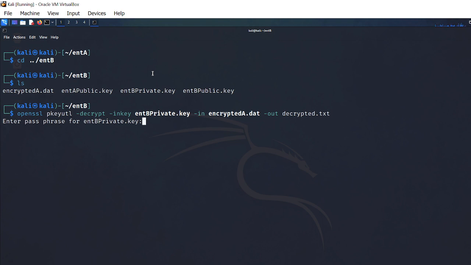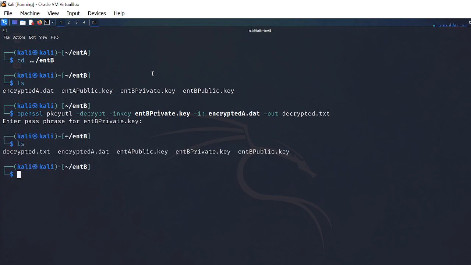Right, so entity B's private key. So you can see the decrypted text file has been created. So we're going to get this file, and let's see if the message is decrypted or not. Alright, so it says this is from entity A. So the decryption has been successful. Now what we're going to do is